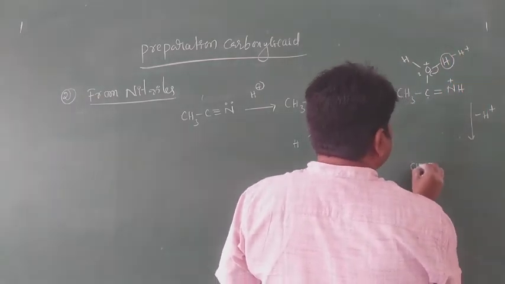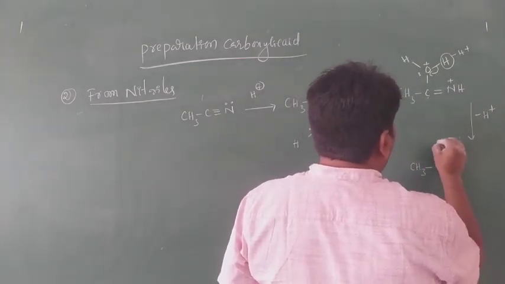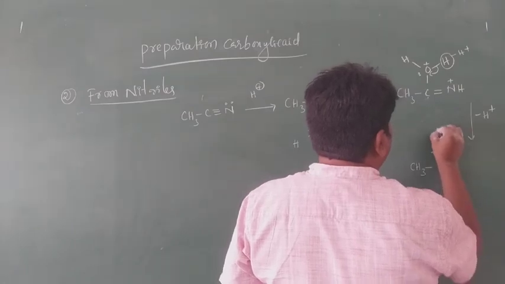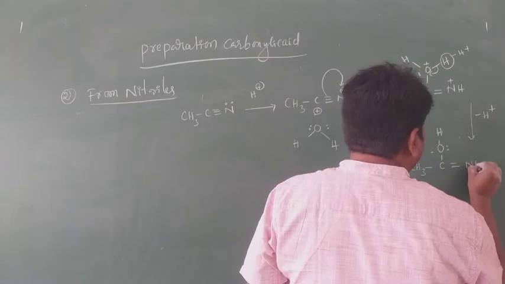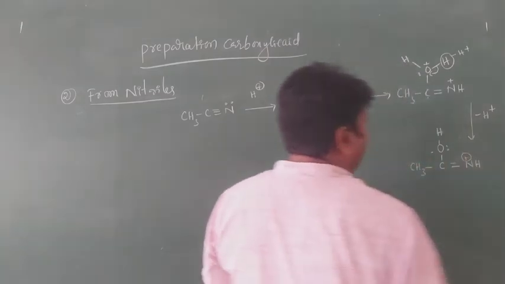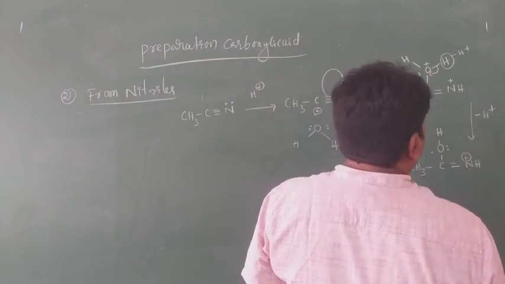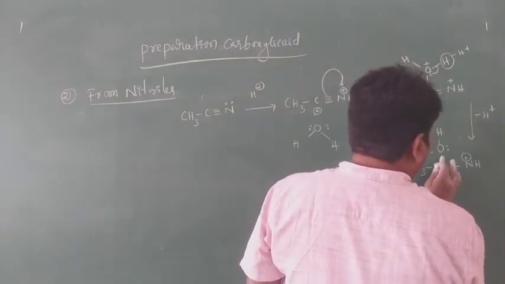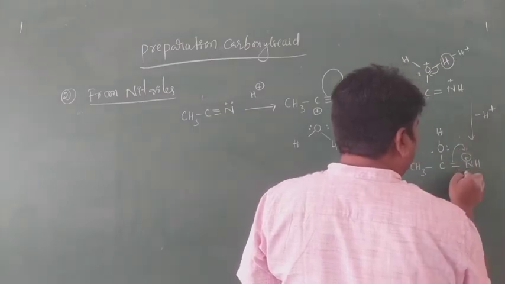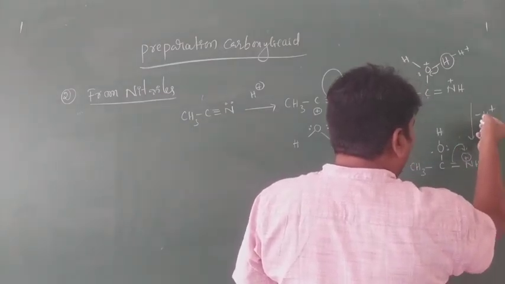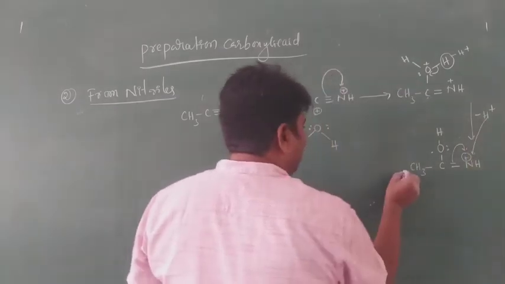CH3, it is a C and O, lone pairs and H. Next one, it is a double bond, NH plus. It is very important, my dear students. This H plus: these two electrons are shifting here. That time it contains a lone pair. That lone pair is involved, attacking here only. One bond is formed. That time it gives rise to